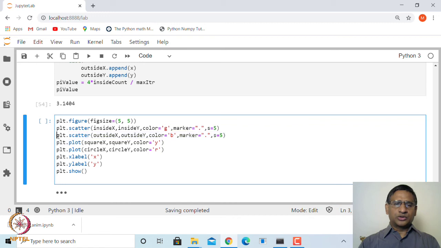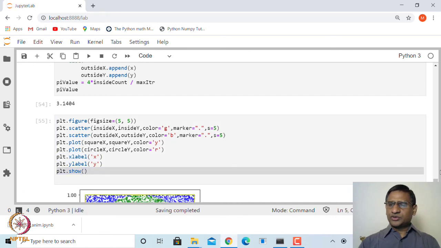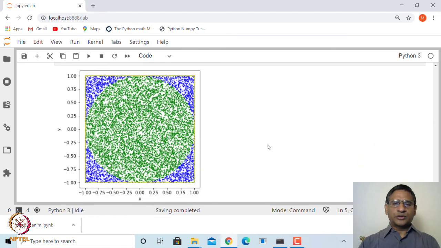Similarly, plot all those points which are outside in blue, plot the square, plot the circle, and then put, let us say, an x axis label and y axis label, and then ask it to show. So, these are the 10,000 points.